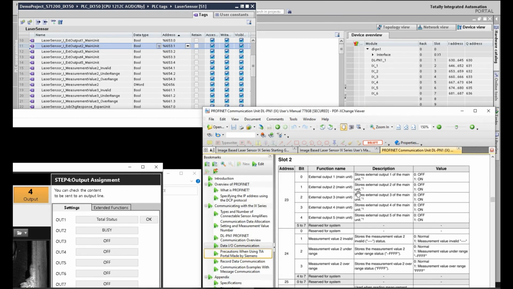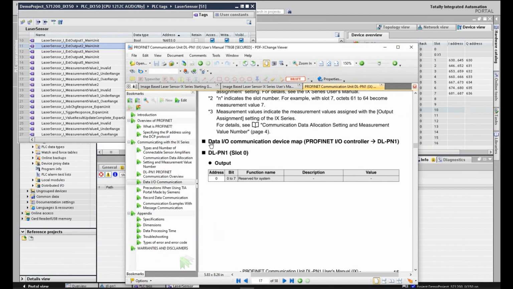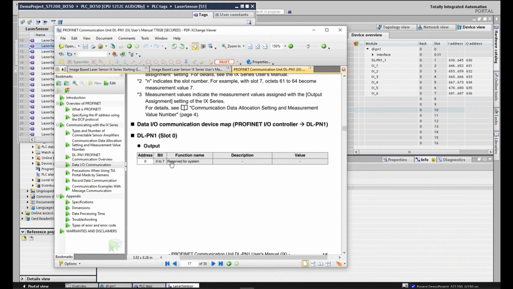So let's talk about the output. If we go to the list from this document, the Profinet I/O controller goes to this device. That is the PLC output, giving a command to this device. So we can see the first byte is reserved for the system. So in our case, the first byte,